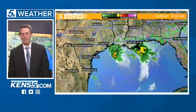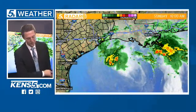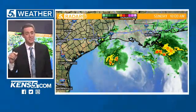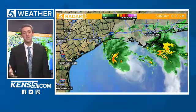Now, not seeing any rain across our region, but you notice off towards the east, there's where the rain is. I see J.W. Reed says, are we ever going to get any rain? And the answer is some of us will, while others of us are going to miss out on rain from this system completely. We're going to break that down here in just a moment,